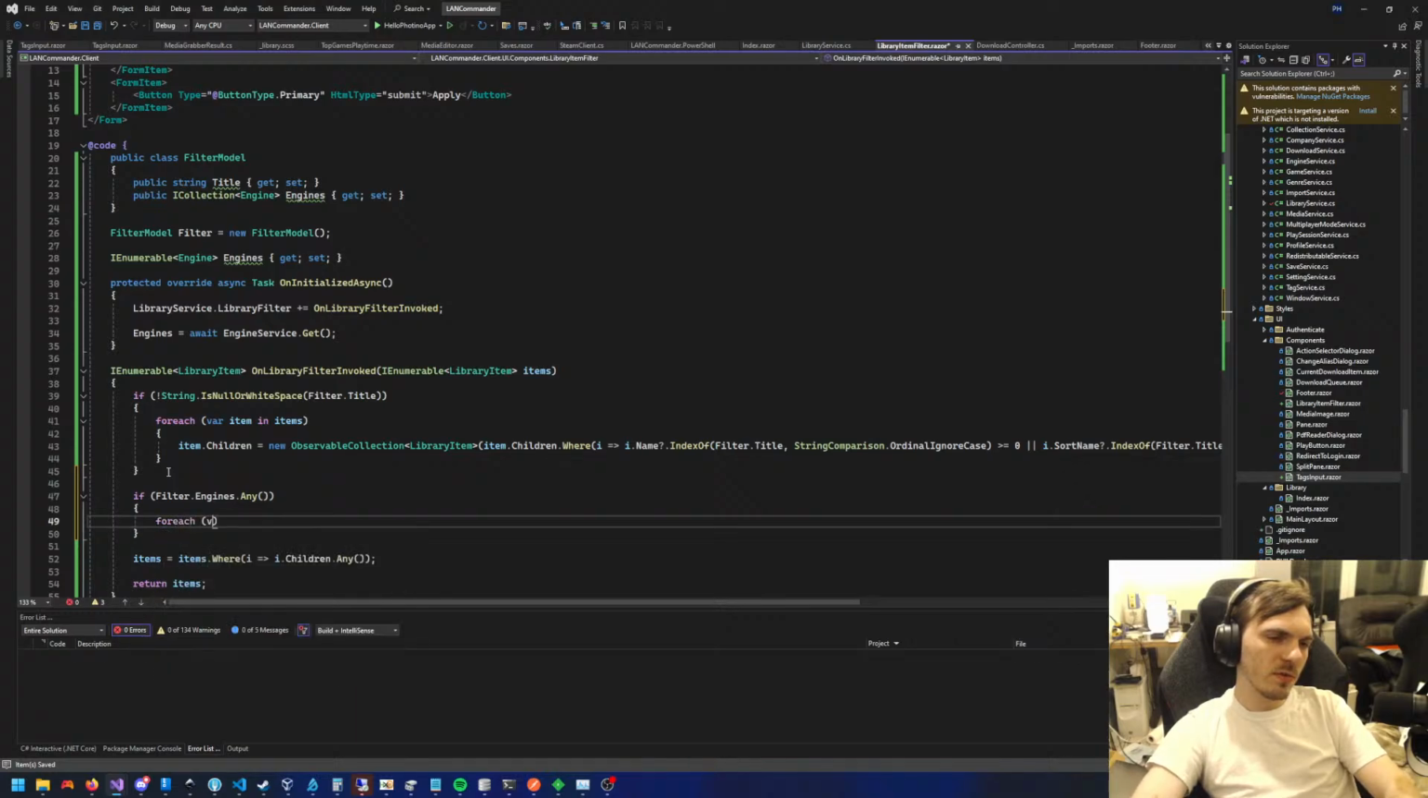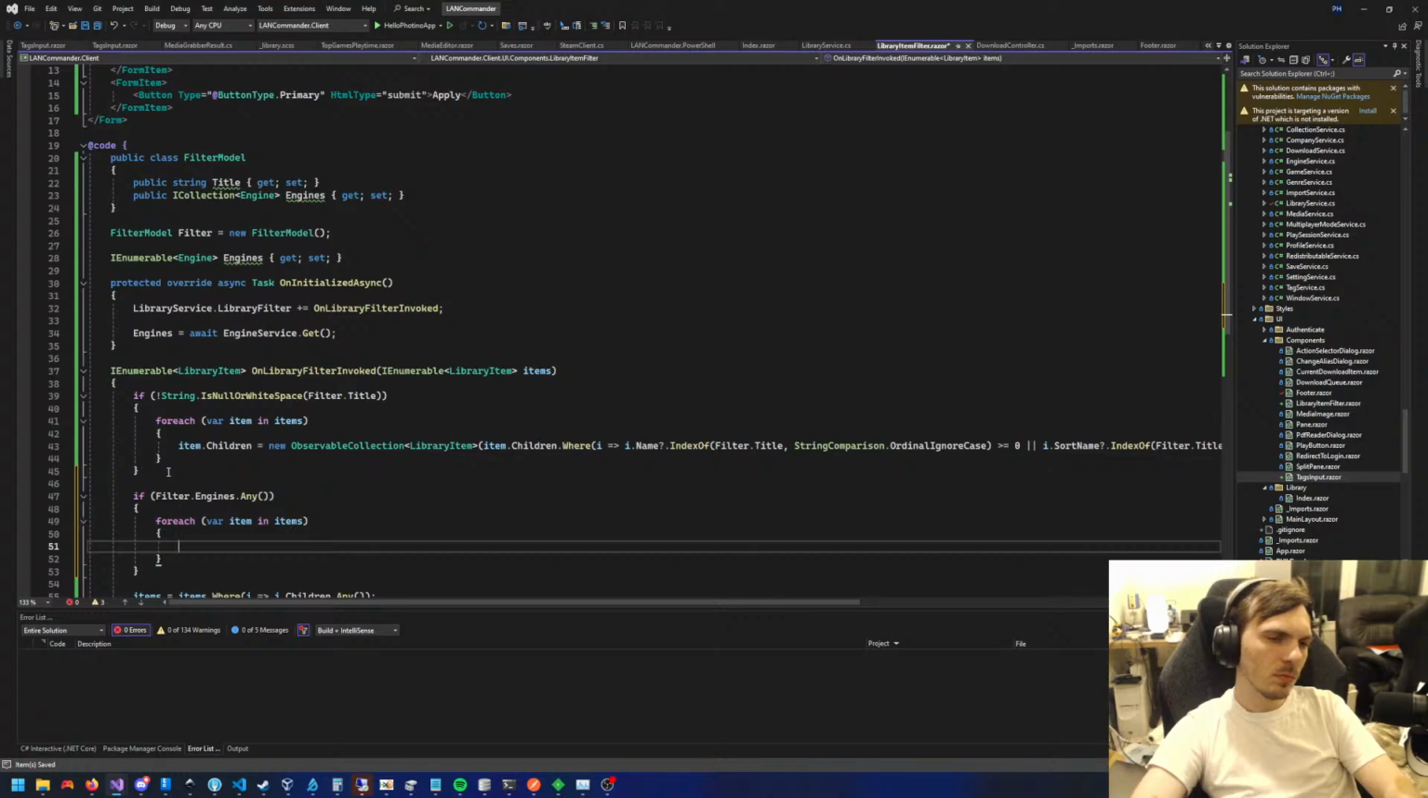For each of our item in items, item.children equals new observable collection library item.children where